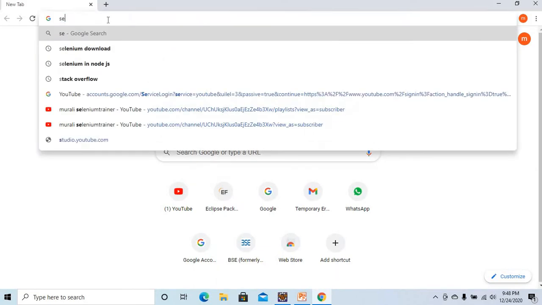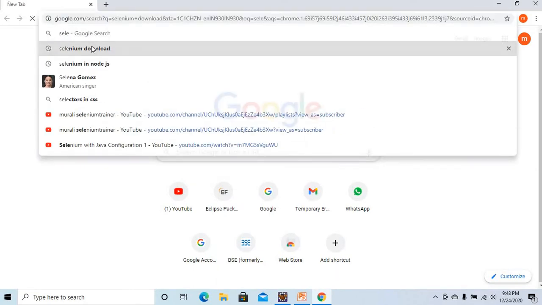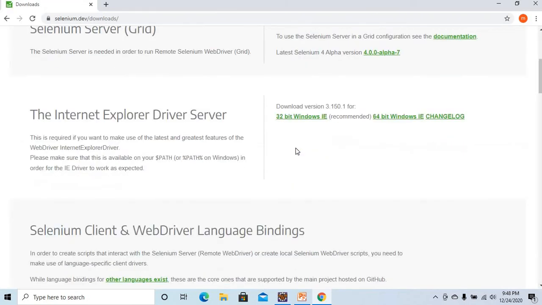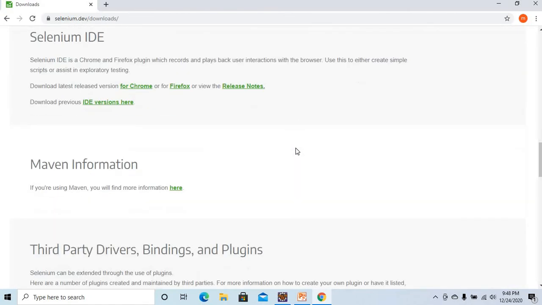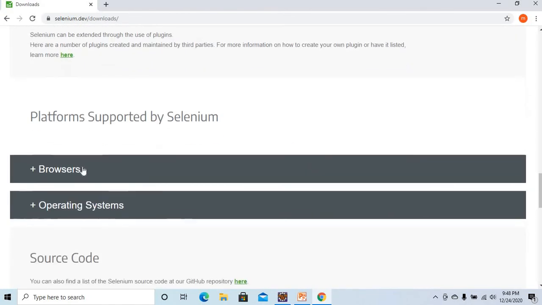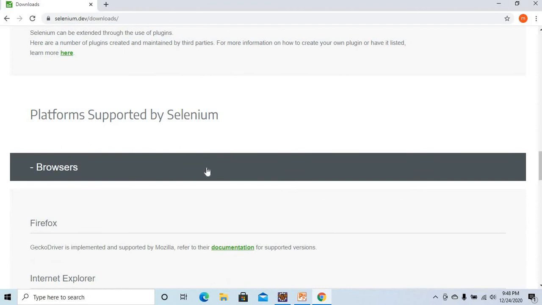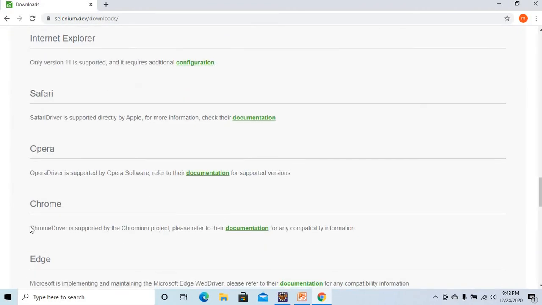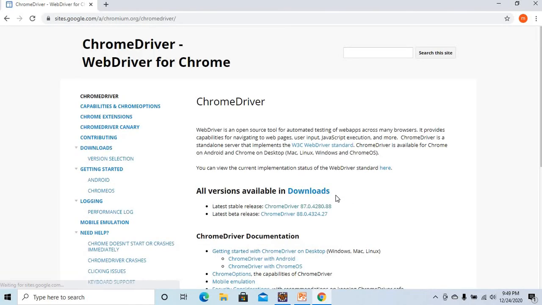Now let's go to the Selenium site. Simply search for Selenium download. This is the Selenium download site. Come down, and here we will see browser-specific drivers; go for Chrome. Here we have the browser-specific ChromeDriver.exe file. I'm clicking on the documentation link provided there.